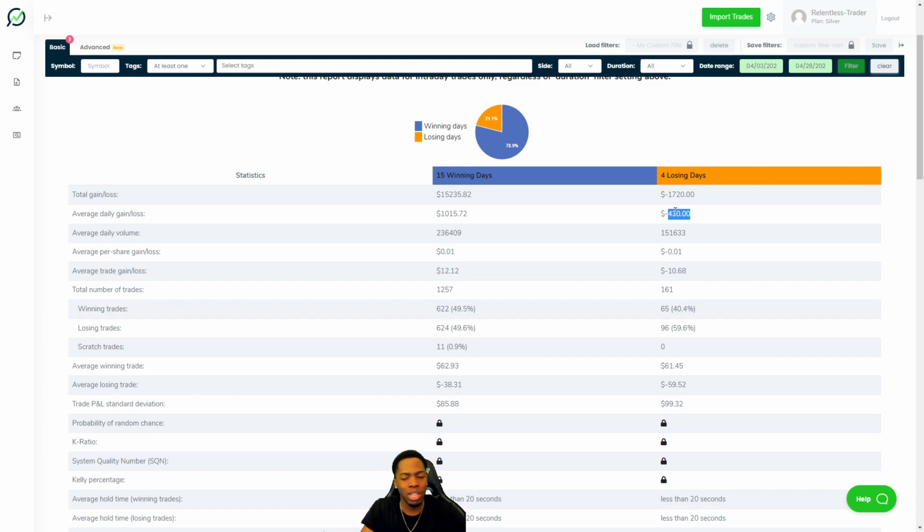Which I do know some of the other guys do. But again, you've got to be careful not to get yourself deeper into the red. So it's always a slippery slope, a fine line, right? Coming down, winning trades,